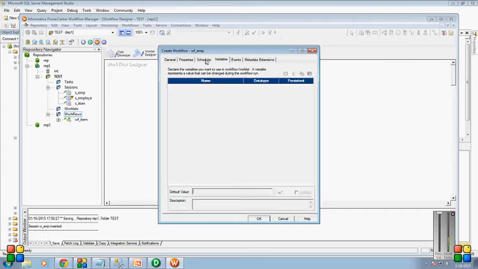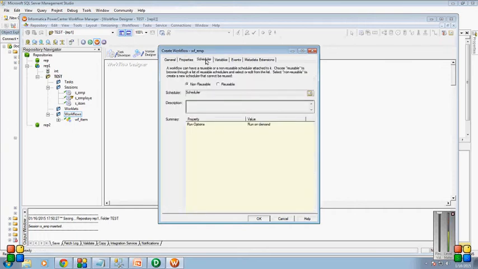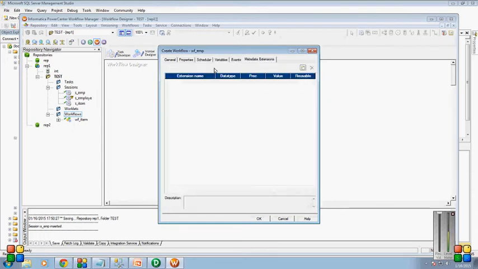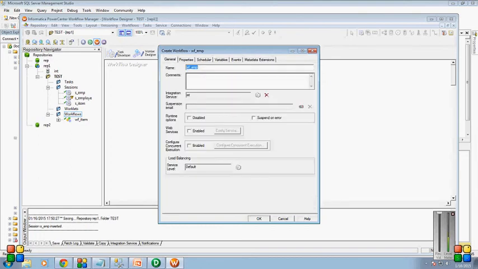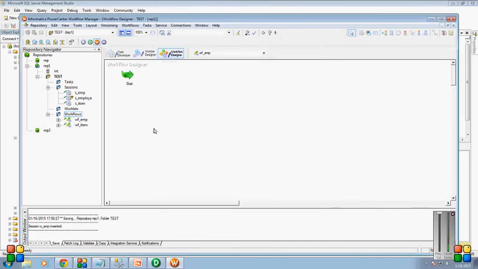In the scheduler properties, we can usually schedule the particular timings to run repetitively for the whole week or month. Variables, events, these things I'll explain later. Just add comments on this workflow and press OK.